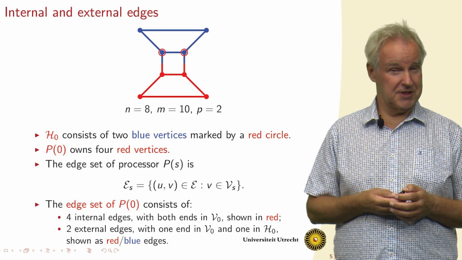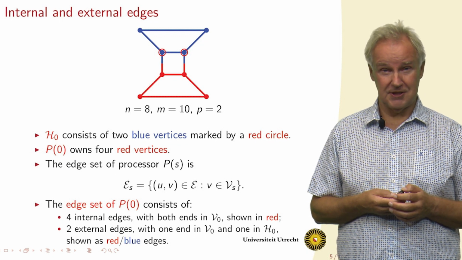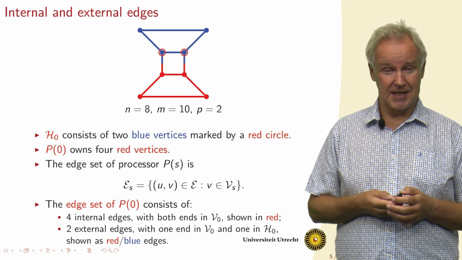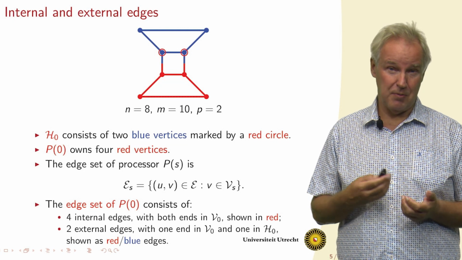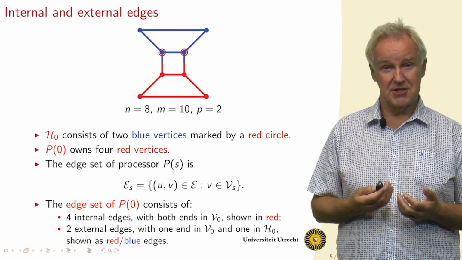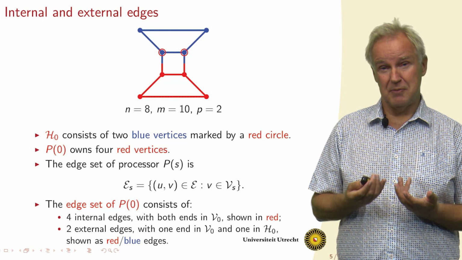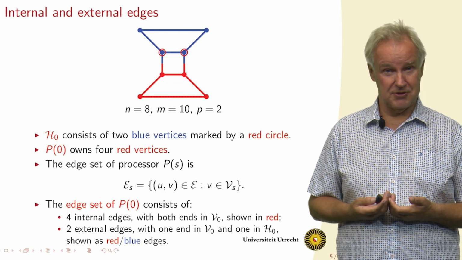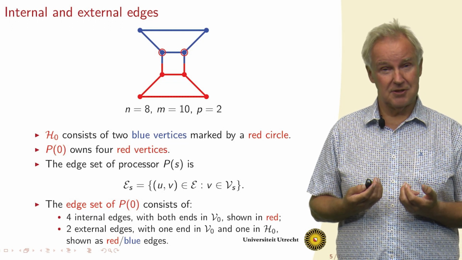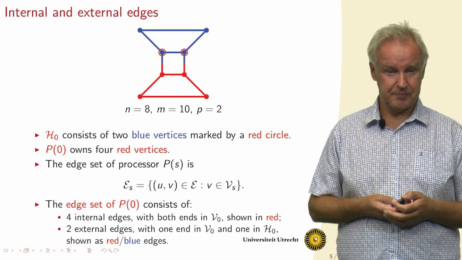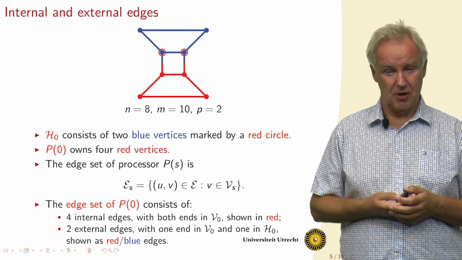The halo set consists of two blue vertices, and they are encircled by a red circle. So these are vertices that are remote, that are not on the red processor, but that are needed by the red processor. And the red processor owns the four red